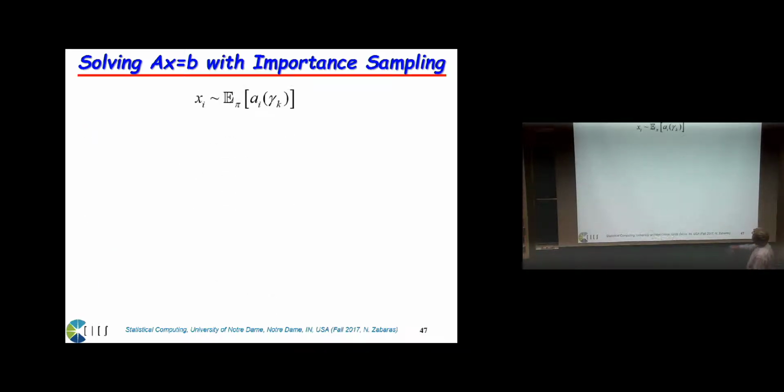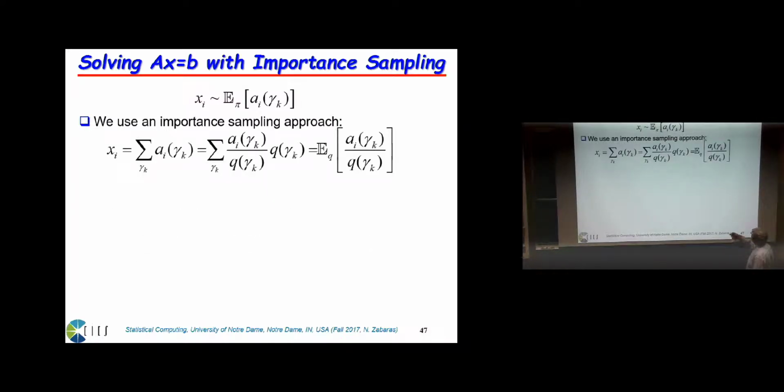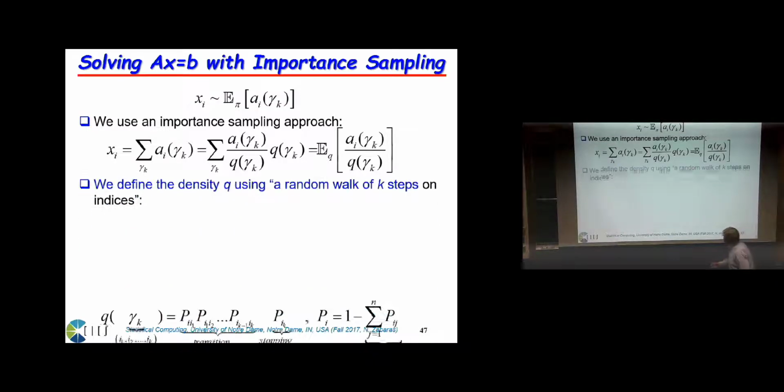And basically, you know what? Importance sampling. What is Q? Q is an importance distribution now. You remember, the exact distribution is the uniform distribution of indices. I'm going to introduce my proposal distribution, something else. So I need the weights times Q. So the importance sampling becomes the expectation of the ratios alpha I over Q under this discrete distribution of indices Q. And Q is a proposal distribution over indices, and I am going to give you,